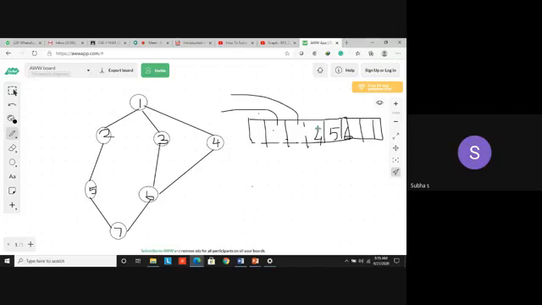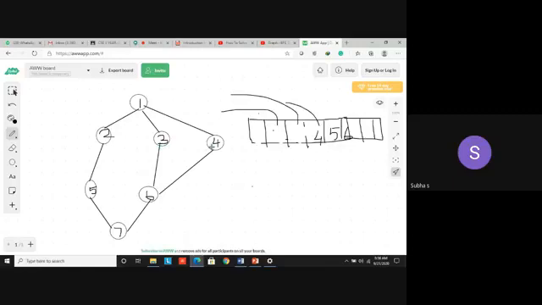How many times do you have to do this until your queue becomes empty? You have to do these steps. Now you are going to DQ 4. If I am DQing 4, what do I have to do? I have to put the adjacent node of 4. What is the adjacent node for 4? You may have asked one thing. What are the adjacent nodes for 2? 1 and 5. 1 was already visited, so I didn't mention. Similarly, the adjacent nodes for 3 are what? 1 and 6. 1 is already visited, so no need to put. Just place 6 only.